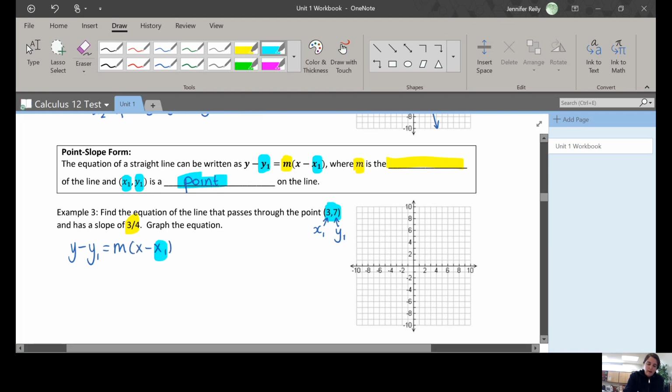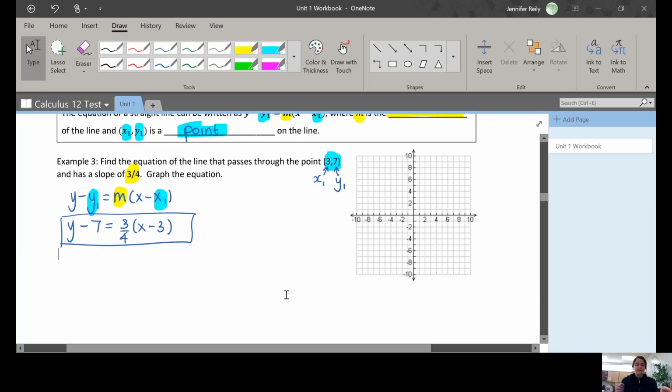And so here is our point. That's where we plug those in. And then that's where we plug our slope in. So we'll have y minus 7 equals 3/4 (x minus 3). So there's your equation. You can rewrite that using algebra as the slope-intercept form, or you can just leave it